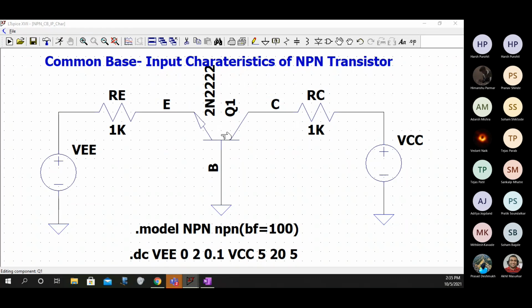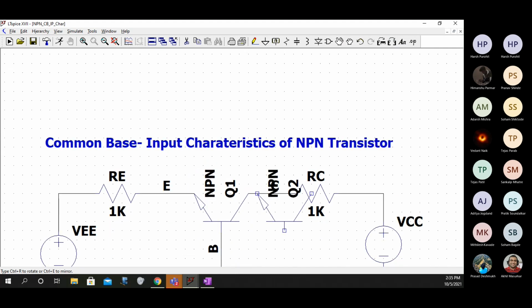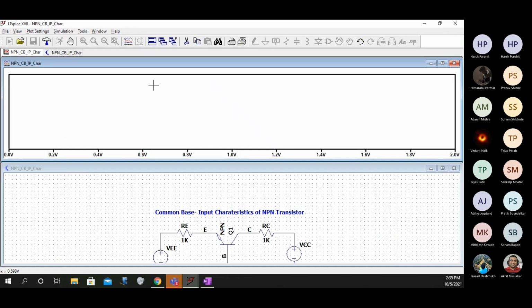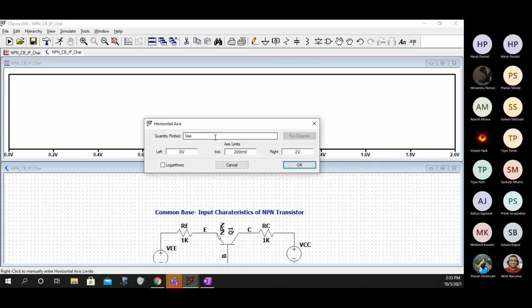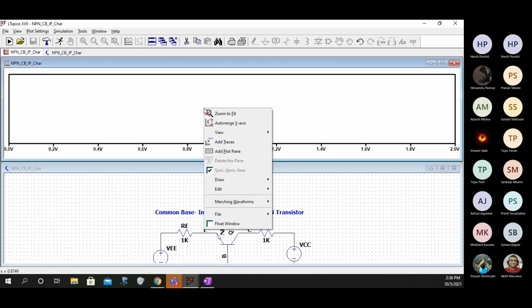First, let's make the circuits and then we'll go for the standard things. This add what?